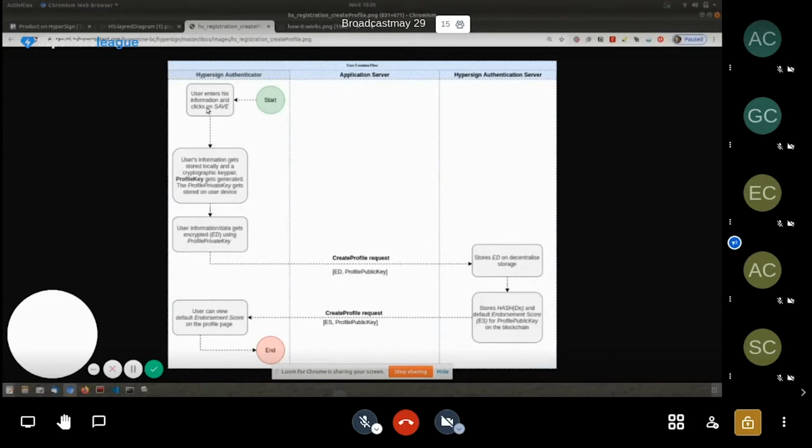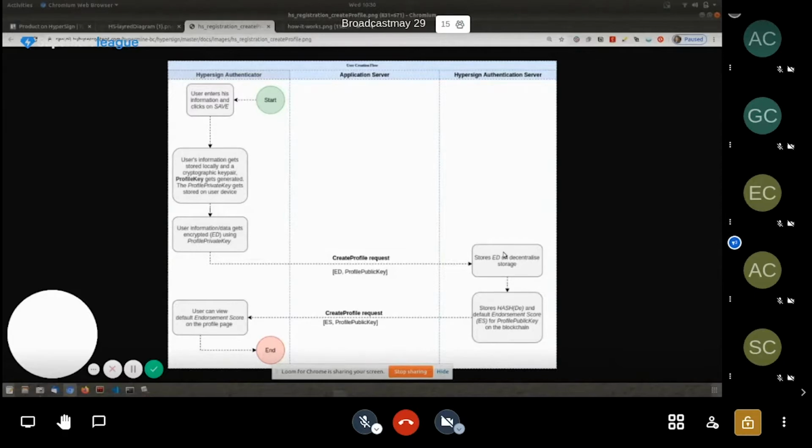What happens on save is we create a profile private key and public key, and the private key gets stored on the mobile device. It also encrypts the user's data and stores it on the mobile phone itself. The encrypted text along with the profile public key goes to the Hypersign server for creating the profile, where we store the encrypted data